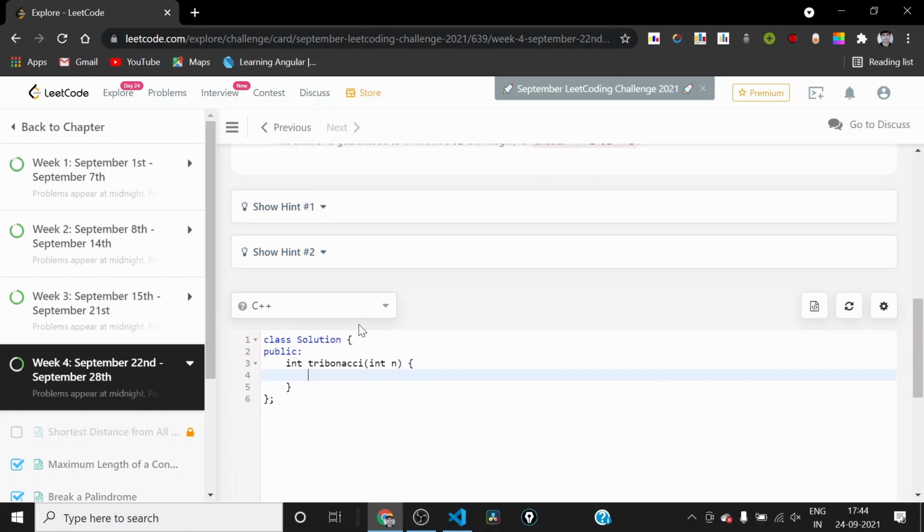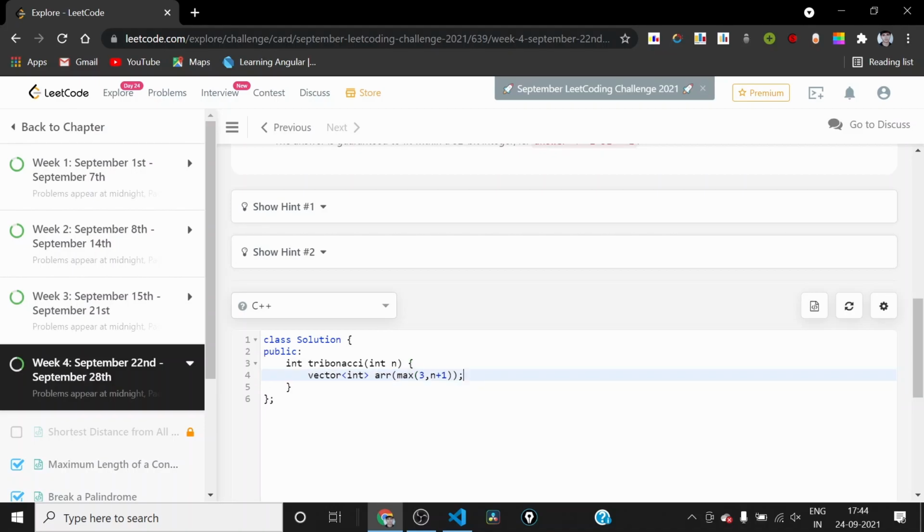So for doing that, we'll be using a vector of ARR, and this vector will have size either 3 or n plus 1. If the value is n equal to 0, then n plus 1 will only declare a vector of size 1.